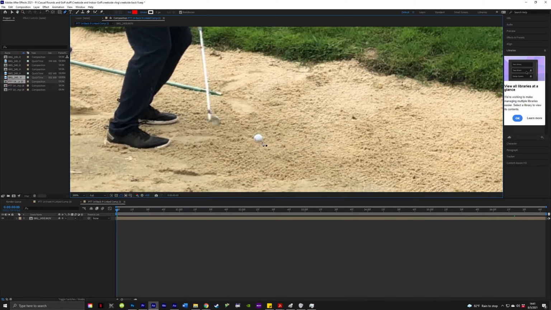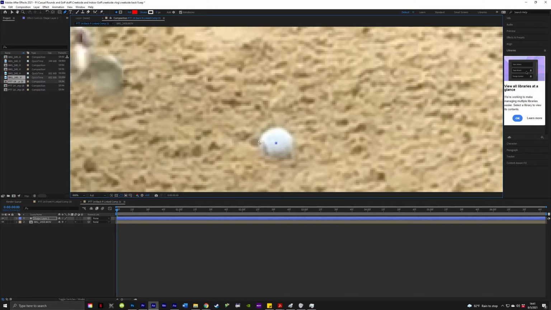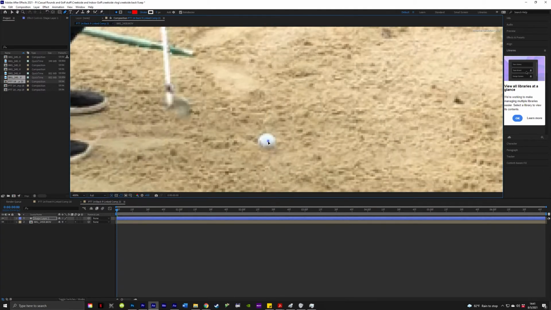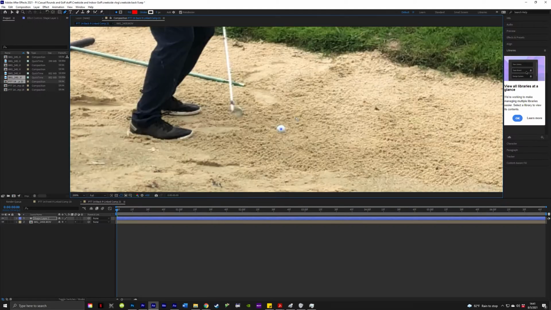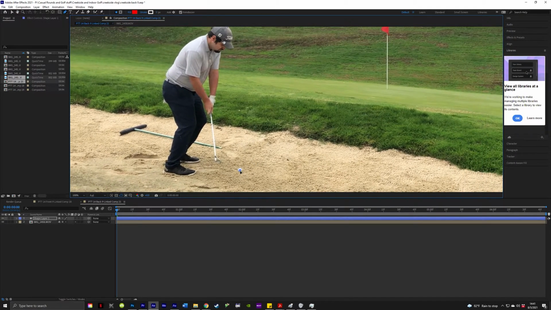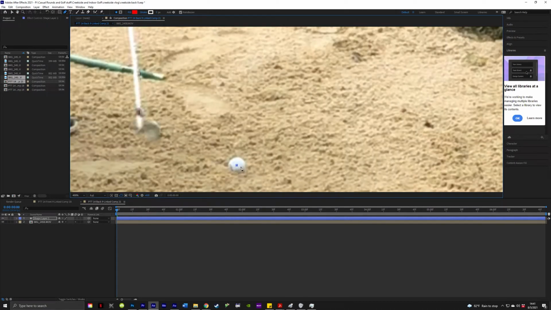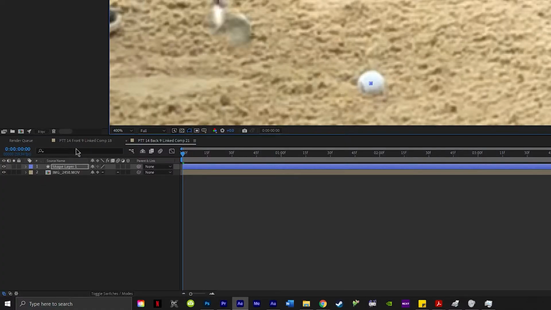So I've got my pen tool, and if you watch my previous tutorial, it's pretty similar. We're going to select right in the dead center of this golf ball. Now it doesn't really matter if you want to put that at the very tip of the golf ball, or at the very back of the golf ball. It doesn't matter as long as you remain consistent throughout the entire tracing. You'll see that when I clicked that, made that point, I got a shape layer that popped up over here